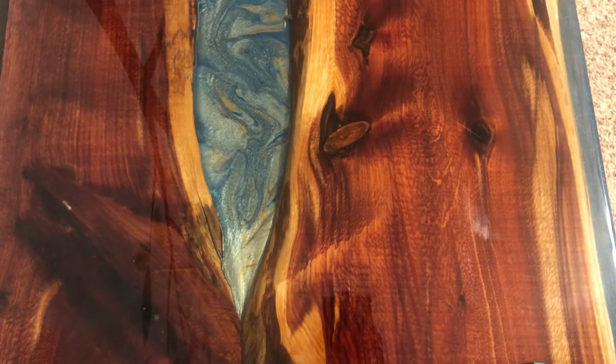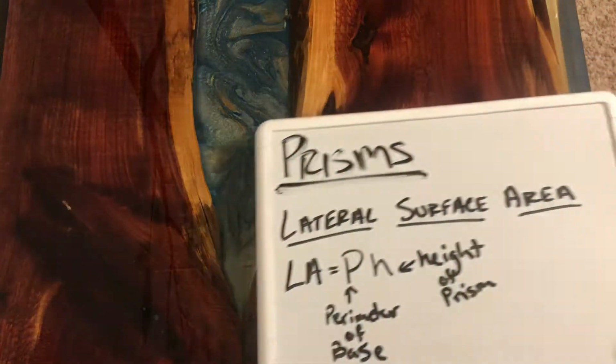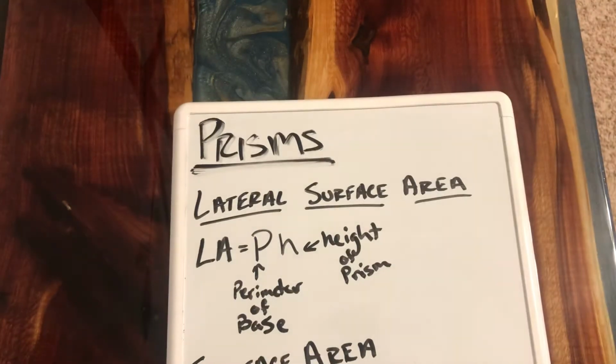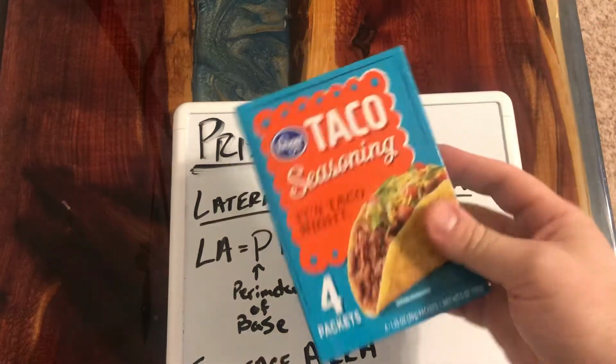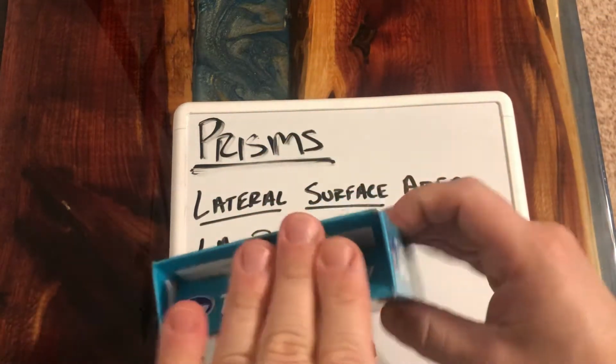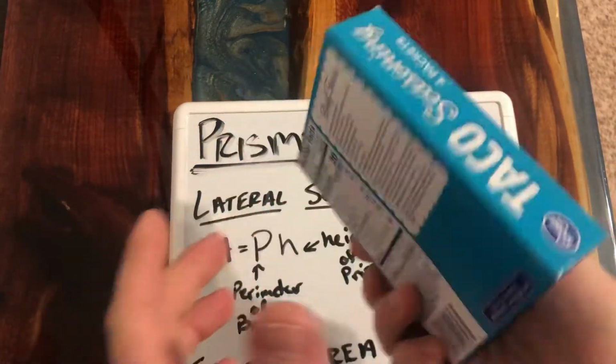Today we're going to talk about prisms and finding the lateral and total surface area of a prism. So prisms can take many forms. In our case, we've got ourselves a rectangular prism. We're going to call this the top and the bottom, the bases, which makes these other four sides our lateral